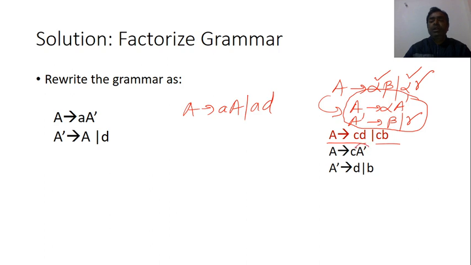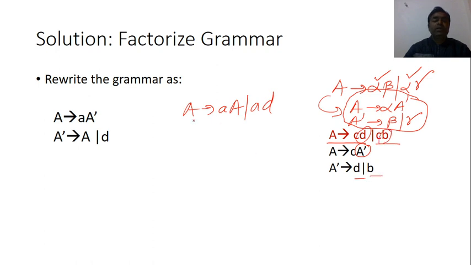You can take here any variable. I have taken here A prime, and the variable that is written here should not be present in the original grammar. Remember that, it should not be present in the original grammar. Here I have taken A prime and then write A prime raised to the remaining part of this, that is D, this one, and the remaining part of this, that is B, this one.